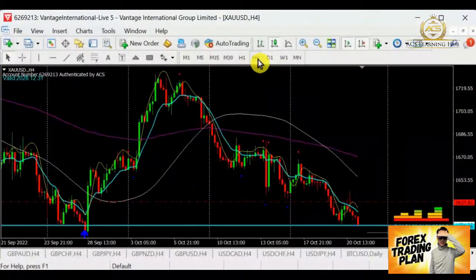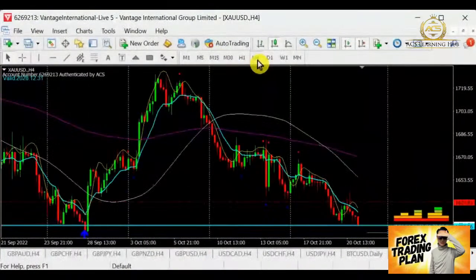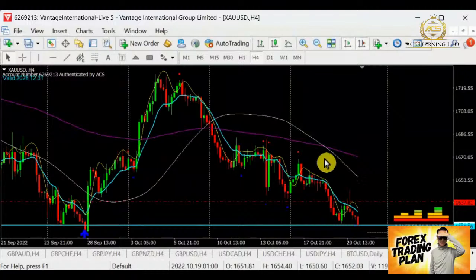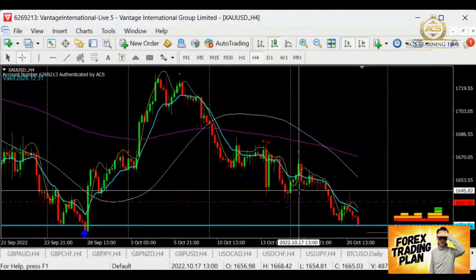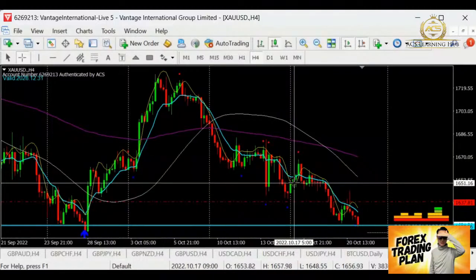So yes, gold over here, we have achieved our 1620. So that is one. Good profits, I guess. For those who are sharing about the gold, I see a lot of people saying that when it hits this area, it's time to buy, it's time to buy, it's time to buy. But the whole general trend for the gold is